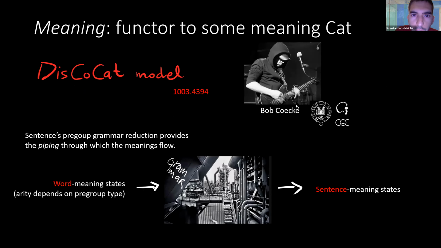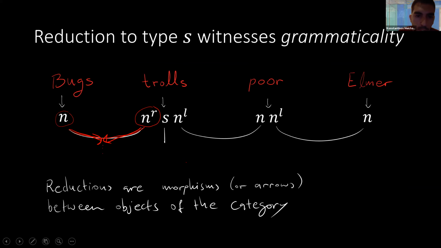So after the reduction shown, is the result that only S survives? Yes, indeed. You see, there is only one dangling wire, this one. And this means that only S survives, because all the other ones are paired up so that they annihilate each other, because they're all inverses of each other. And only S survives. It flows downwards here. So only S surviving is the witness of grammaticality. So for any sentence for which this is possible, we call it a grammatical sentence in this grammar model.